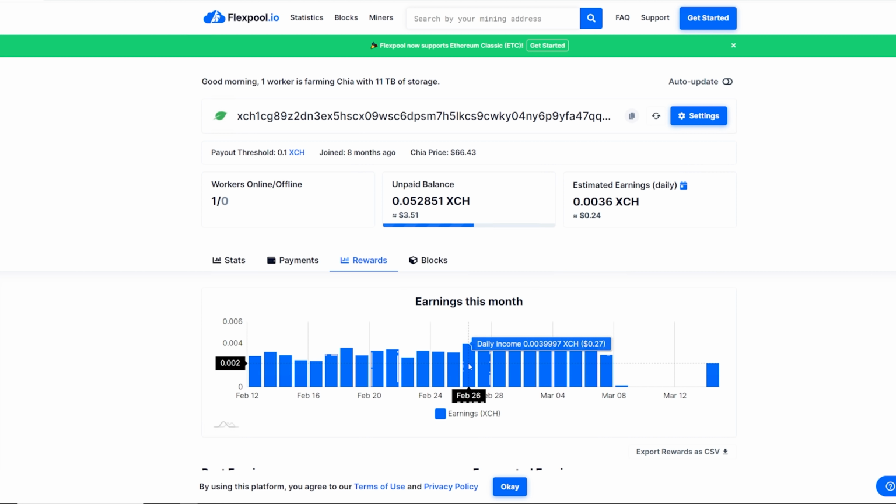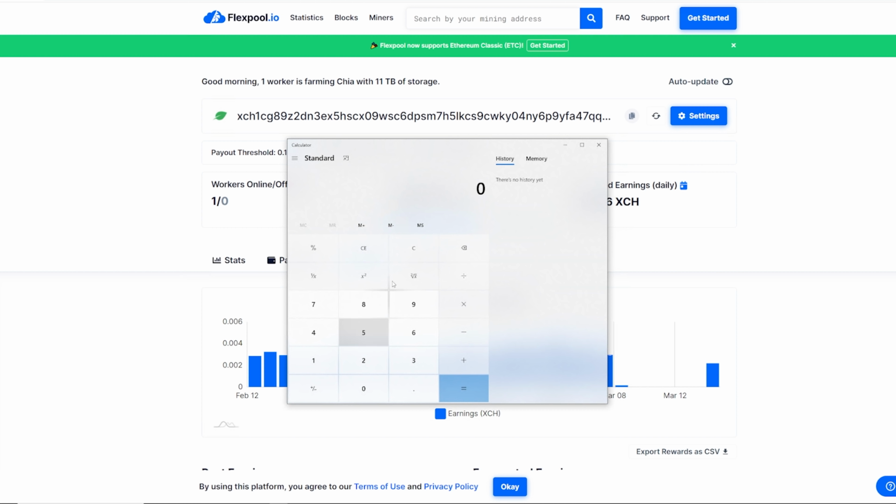So if we did the math there, let me get the calculator up. Let's just say 60 watts. That would be 0.06 times 24, which is 1.44 kilowatt hours a day, times 10 cents per kilowatt hour. Is that 14 cents?